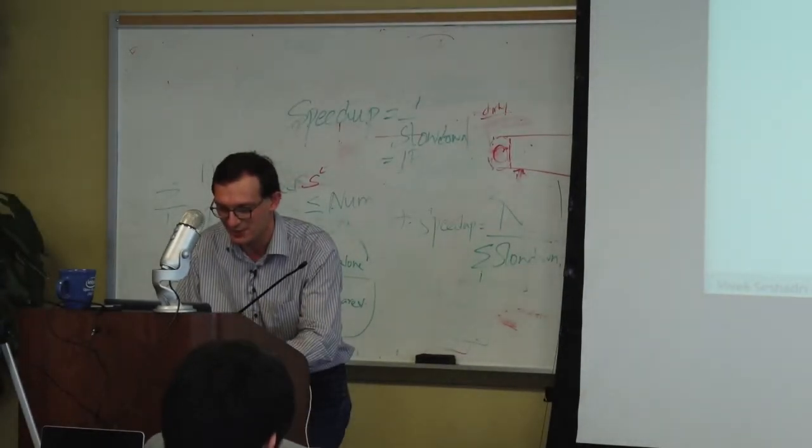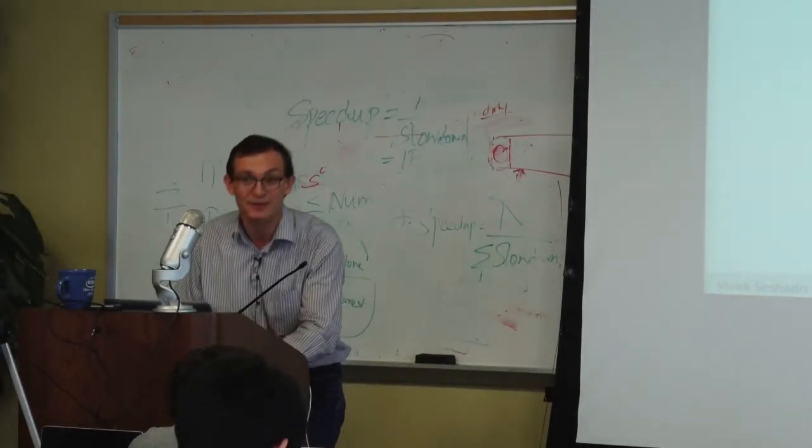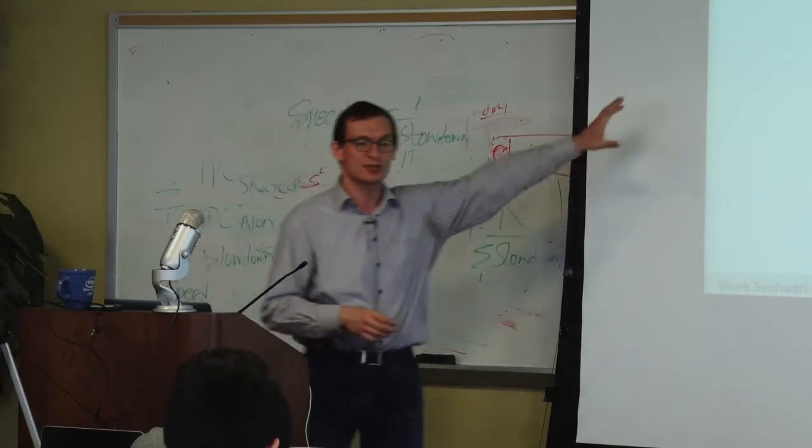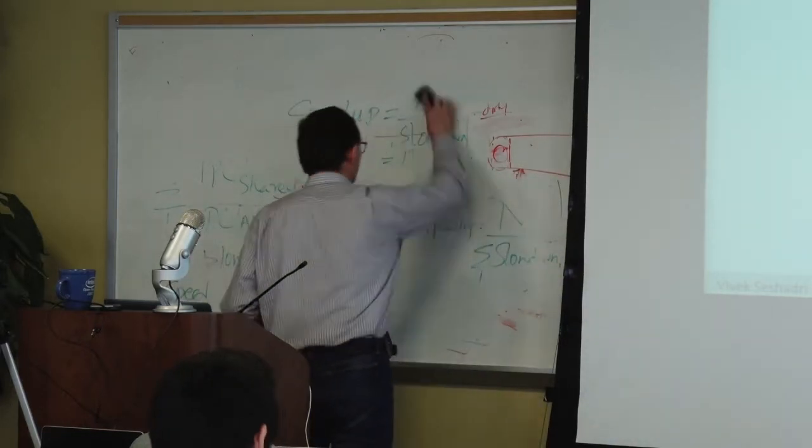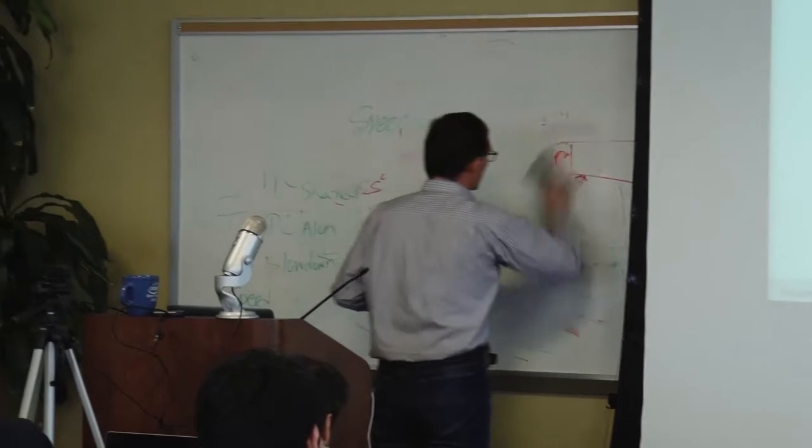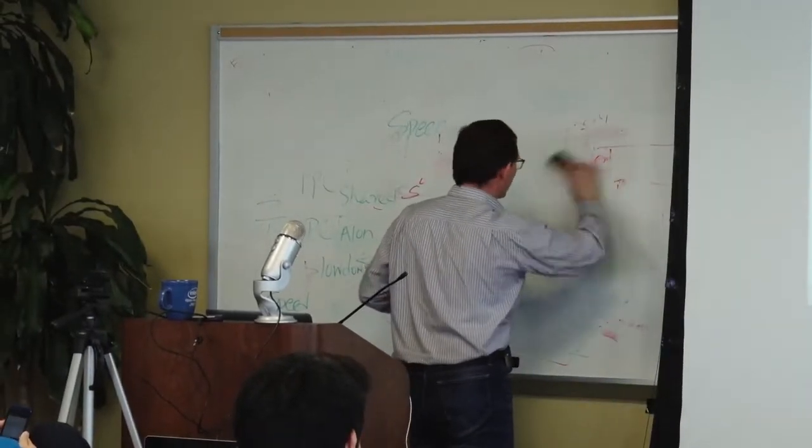But the cell operates this way. So subarray is a building block for the DRAM bank. So a DRAM bank I showed you over here, it consists of rows and columns. But even that's an abstraction, because if you want to have a large bank,